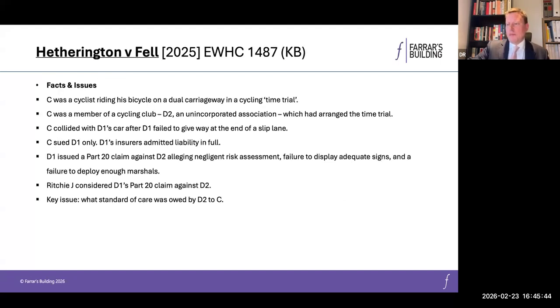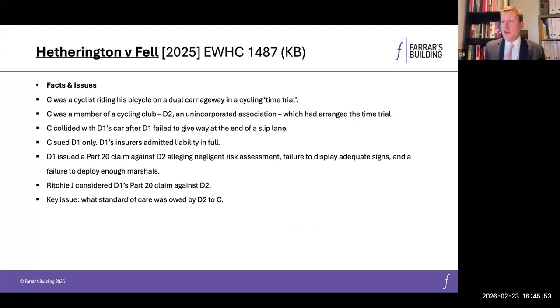Moving to public liability cases and the category of cases that we've seen over the past few years that I've given this talk in relation to, effectively activity duties in relation to organised events. And the first case is useful and interesting in relation to the application of the Social Action Responsibility and Heroism Act, as well as thinking about duties owed by a volunteer organisation.